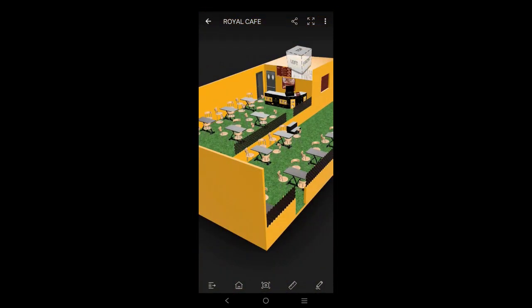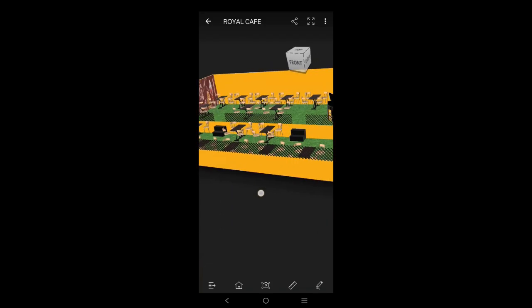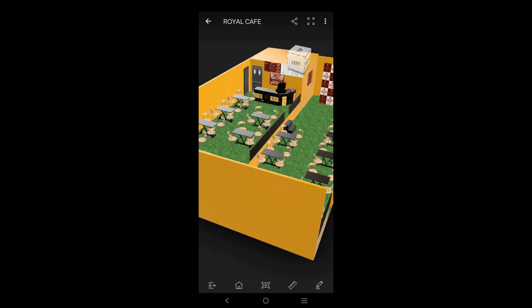We can measure, rotate and edit some comments in our model.